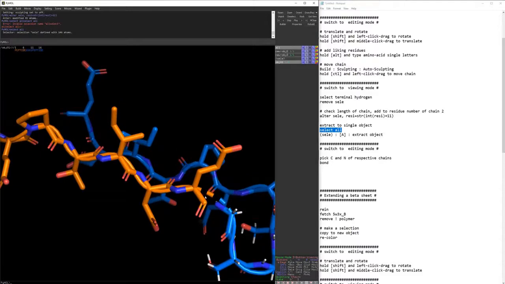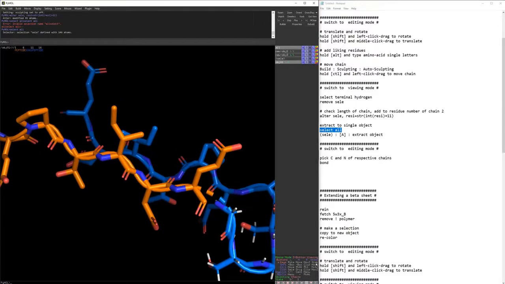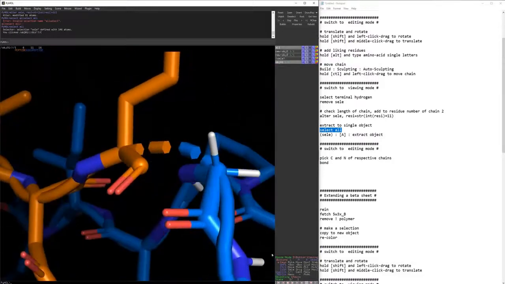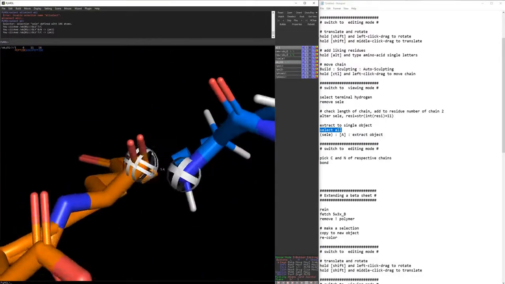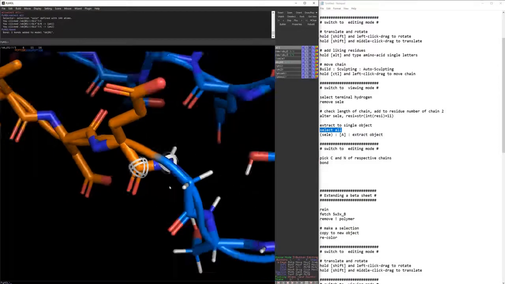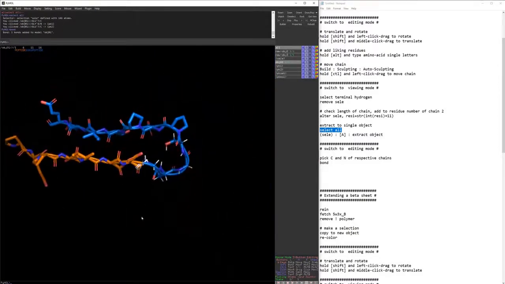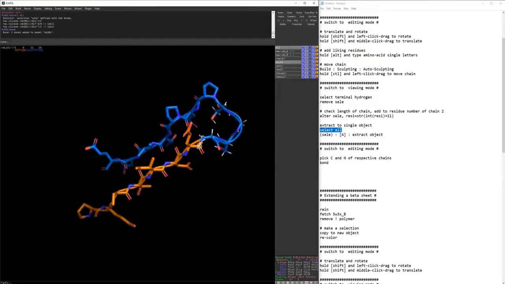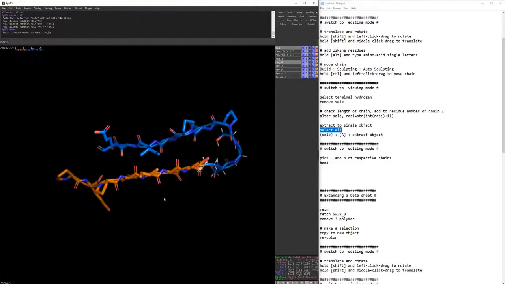And now what we need to do is link together our C and N terminal break, which we have here. So we go into editing mode, we click on the 2 atoms of interest there, and we just type bond. And there we go. So that's how to make a very janky looking beta sheet that's been attached by a